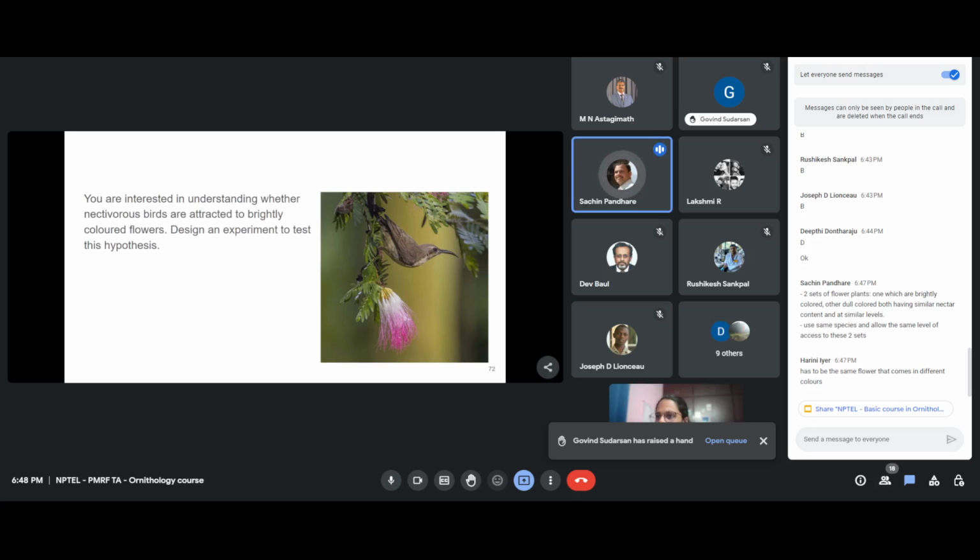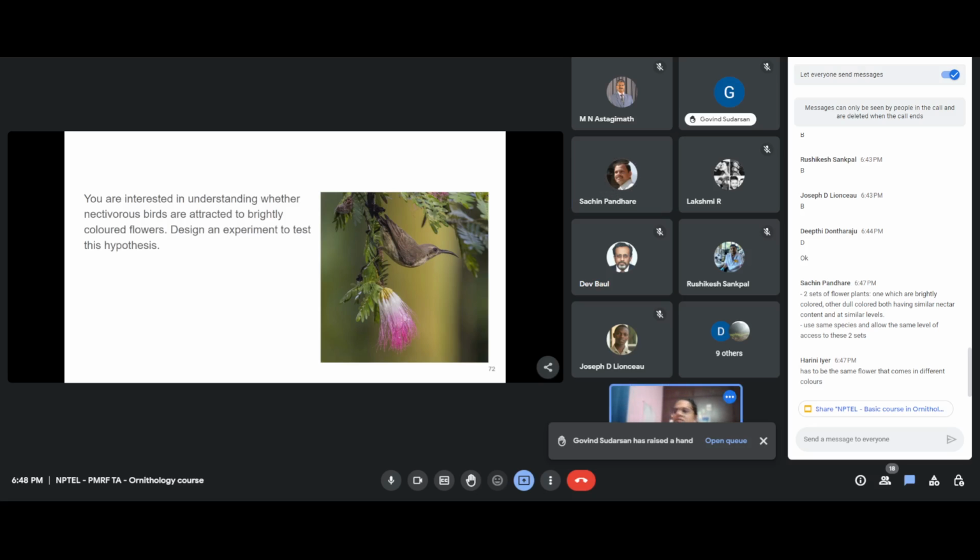For example, if I am experimenting with hummingbirds, I'll use hummingbirds. There are two sets placed in front of them, maybe 5 to 10 hummingbirds in count. In front of them there will be two sets, with similar nectar content. One will be a brightly colored flower like lantana or something like that. By similar levels, I mean nectar is usually set at different levels, right? Yes, correct, inside or outside something. So that kind of setup I was looking for, and then I see where they go most of the time.